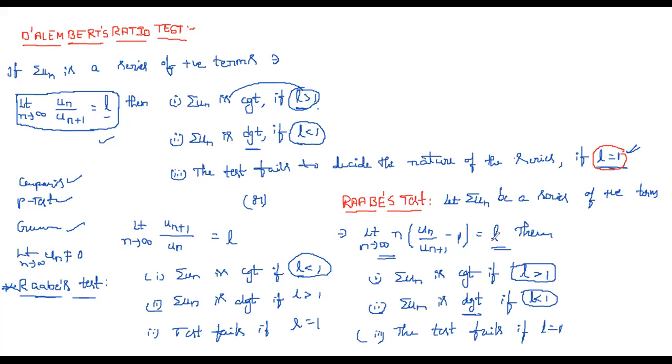Suppose you get 1 here also, then we go for another test, that is nothing but the logarithmic test. It doesn't happen that much, it would be a lengthy one. So you may get Raabe's test only if the ratio test fails. Here also, if it fails, then we go for the logarithmic test, that is a different one. So this is the ratio test and Raabe's test.